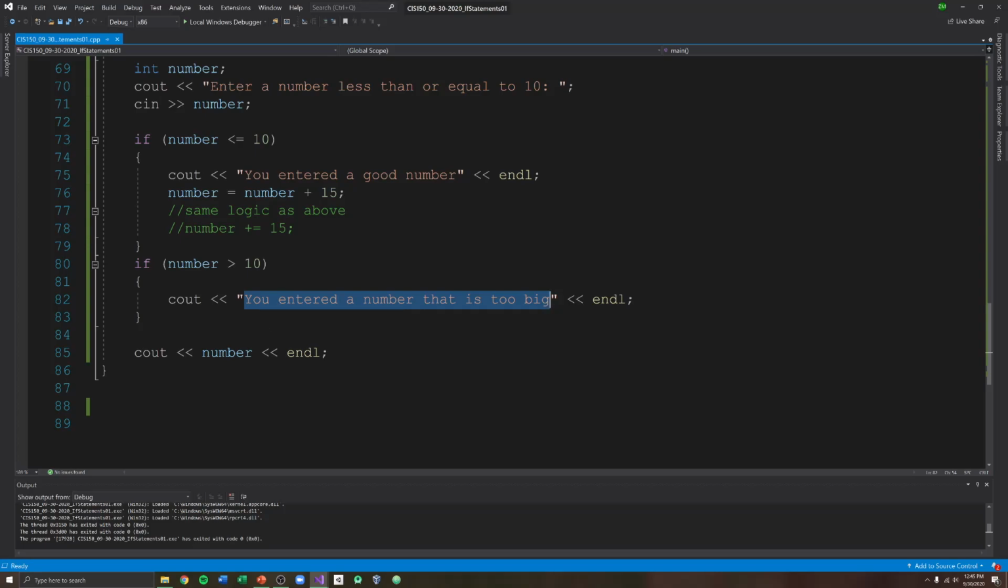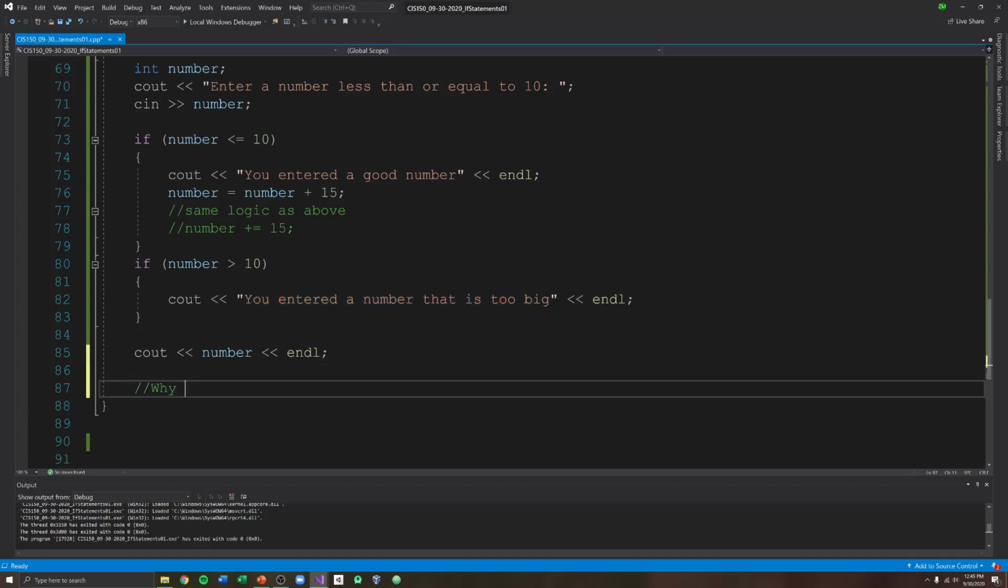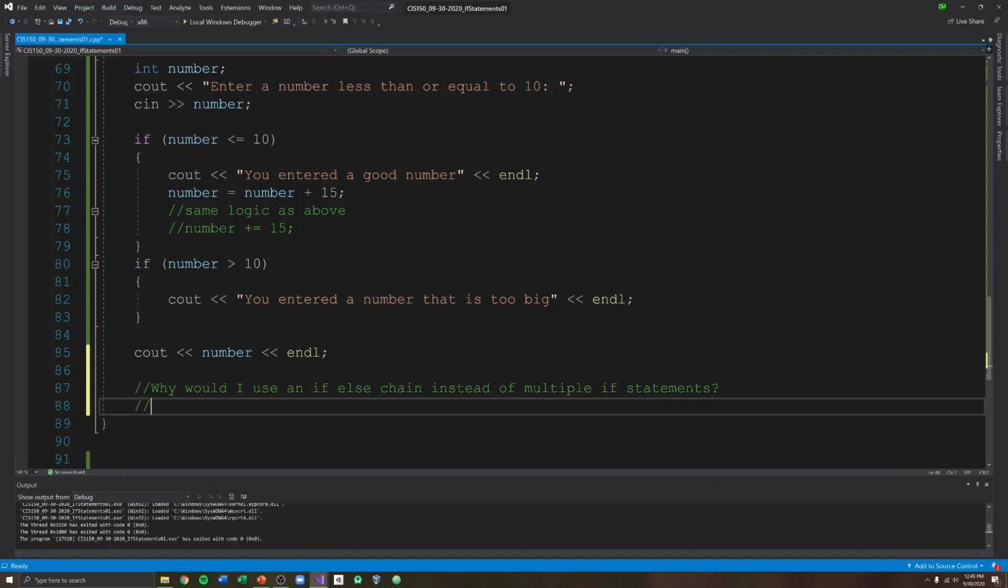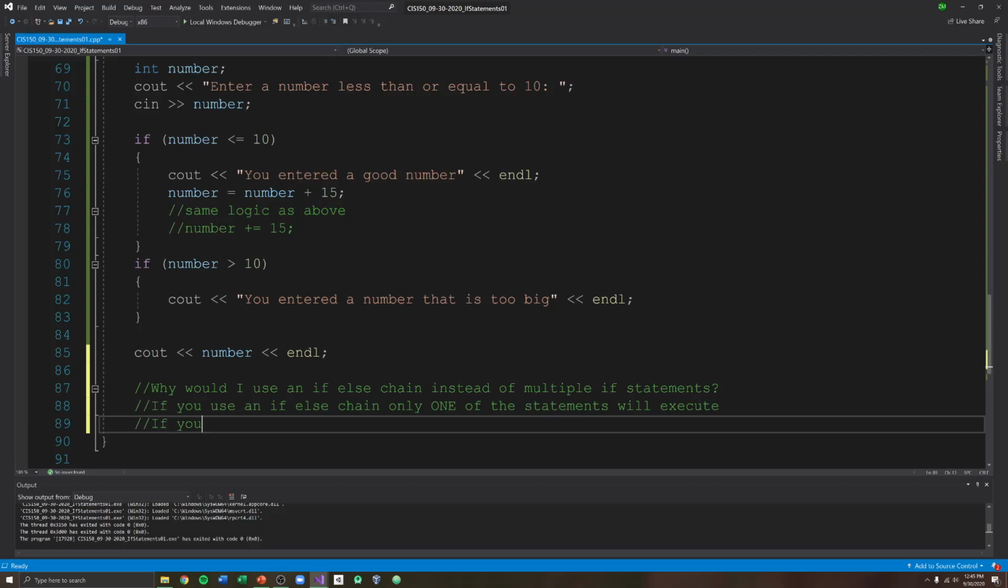So I always get asked this question. Why would I use an if-else chain instead of multiple if statements? Well, the answer is this. If you use an if-else chain, only one of the statements will execute. If you use multiple if statements,